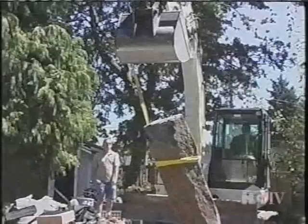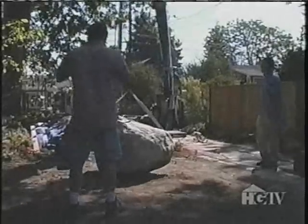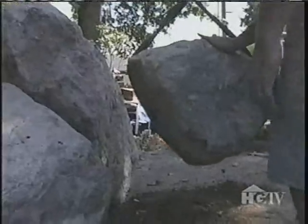But first, there's a lot of digging to be done, and there are some huge boulders that won't be easy to move. Robin and Kathy leave the heavy lifting to the professionals, and